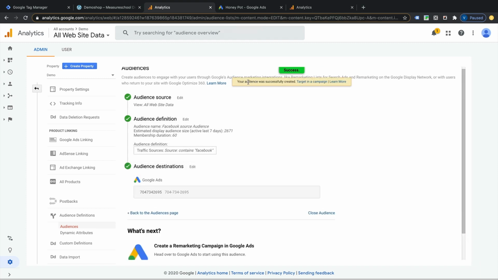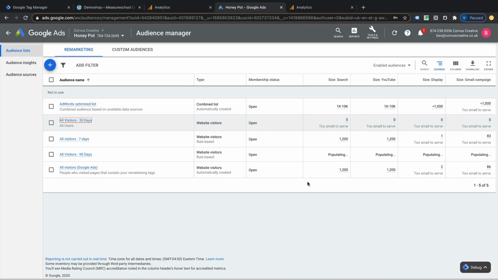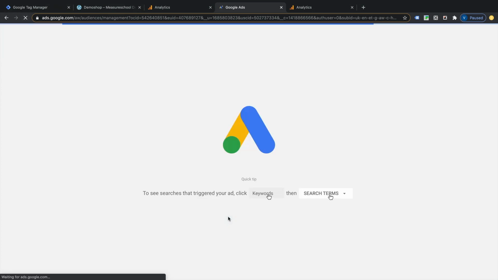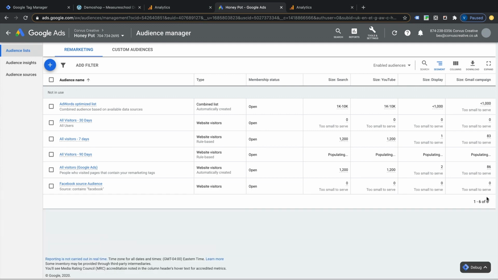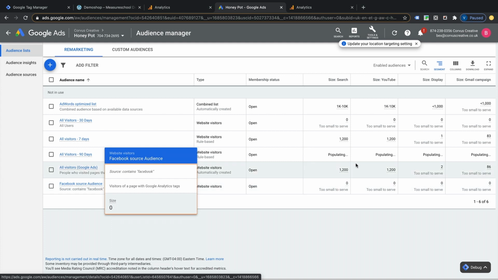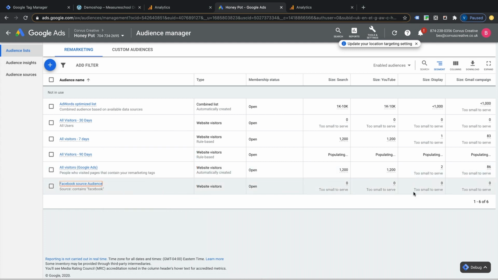Okay, so it's told us that our audience was successfully created. Let's head back over to Google Ads. Let's just refresh this. And there we have it. Again, don't worry, it will take a little time to populate. That's it imported in, and the actual visitors will follow.